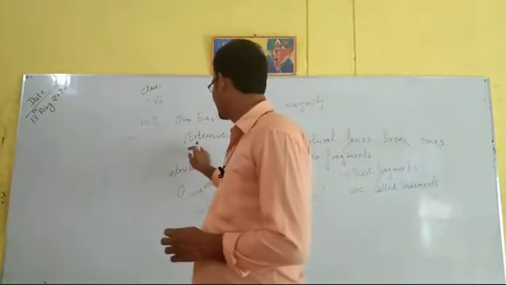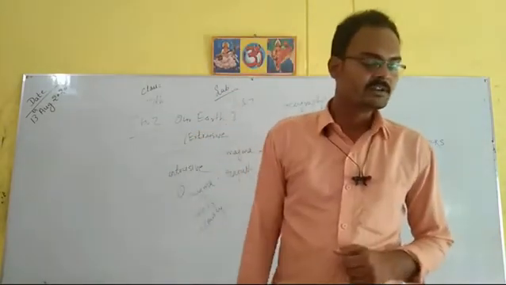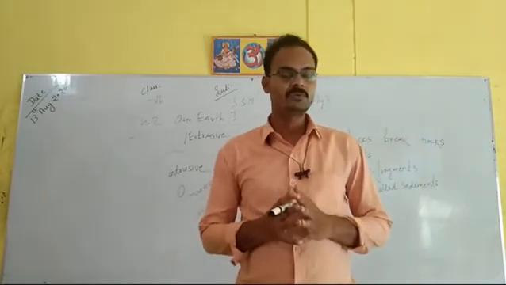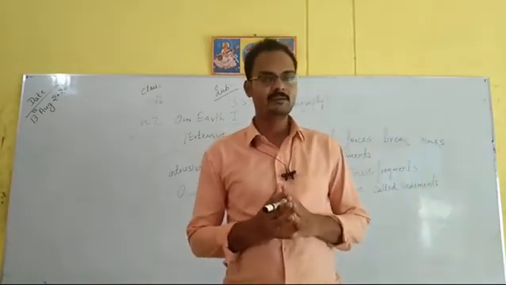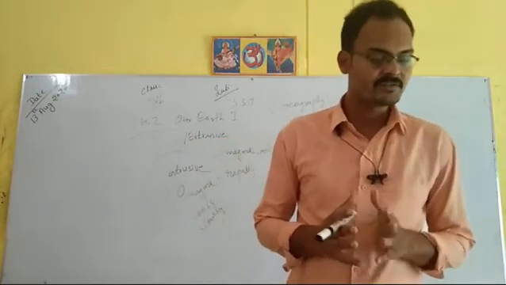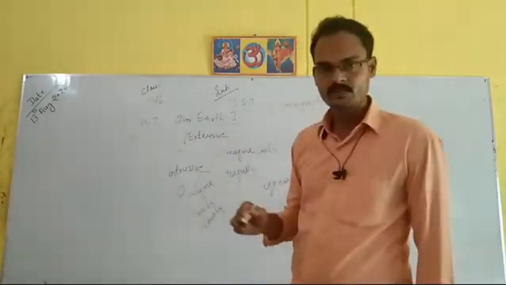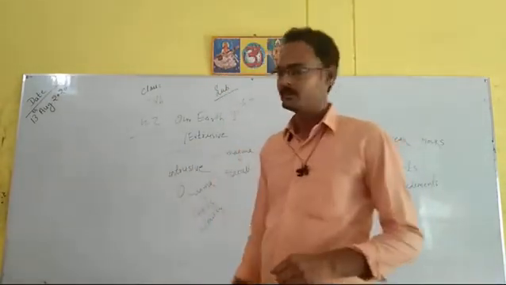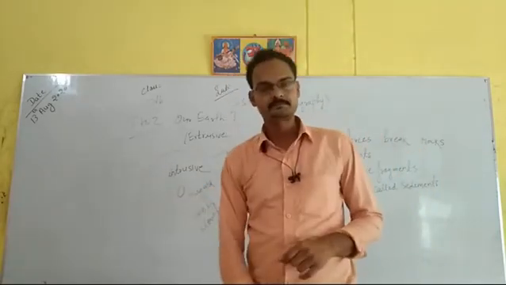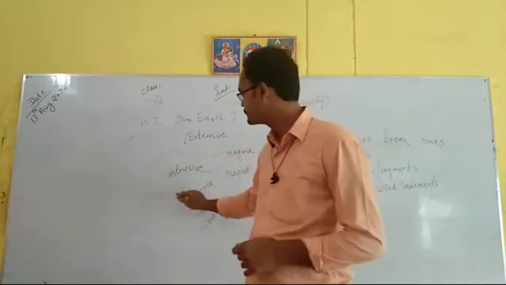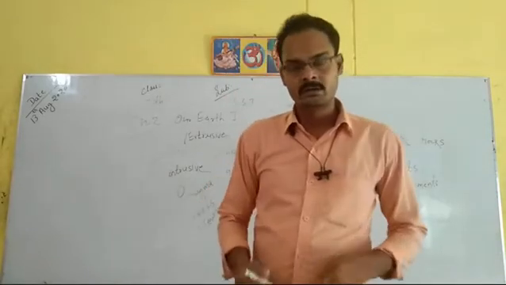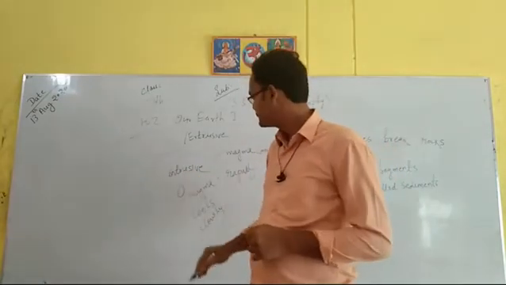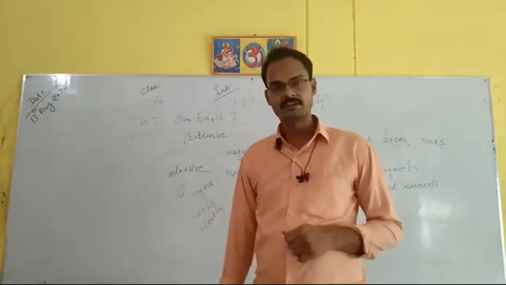So firstly we see intrusive igneous rocks. There are two types, intrusive and extrusive. Intrusive igneous rocks or plutonic rocks are formed when the magma cools slowly below the surface of the earth. If you know about volcanic eruption, in the center of the earth the volcanic eruption occurs and moves forward up to the upper side. So when it increases, it goes up to the surface of the earth.